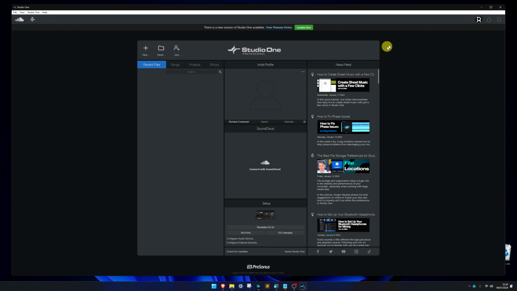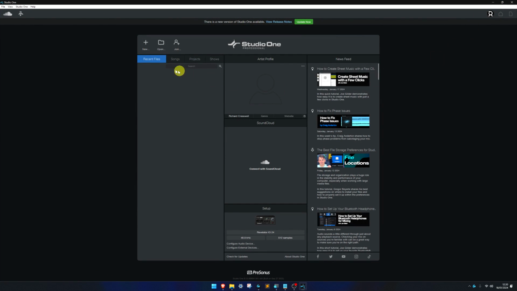So let's maximize this. First of all, I think the glaringly obvious thing here is that we're being told there's a new version of Studio One available. And as before, we can view those release notes just as we did a few moments ago, and we can press this green button to update now. Well, hang on just for a second, because what we're going to do here is have a little look about what we see in front of us, before we start clicking on buttons and chasing